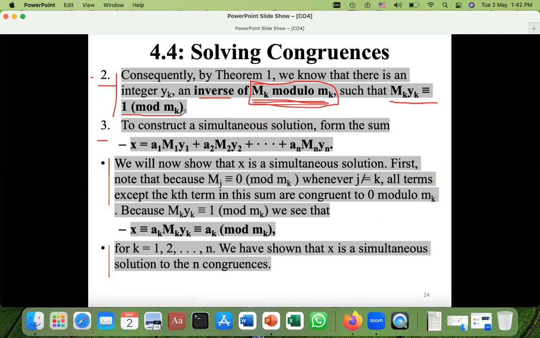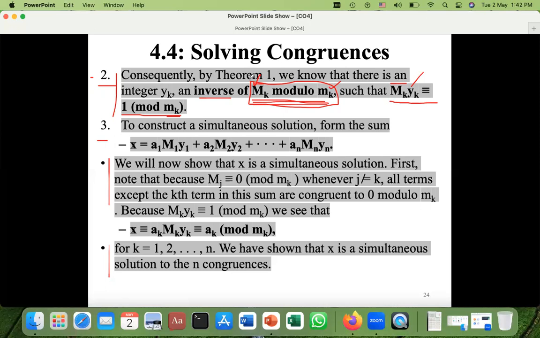This is step number 2 of this theorem. Whatever equations you have there, this capital Mk is available here, this small mk is also available here. This yk is something extra. You have to convert